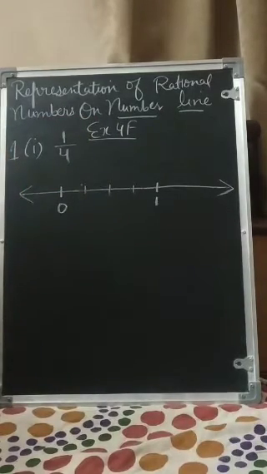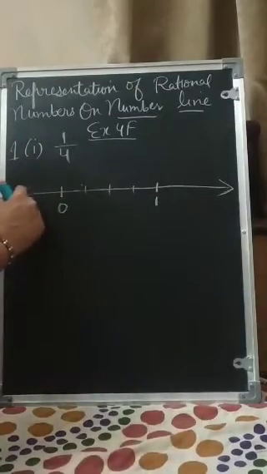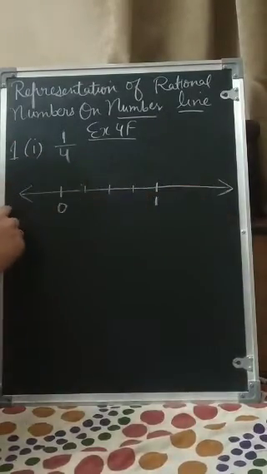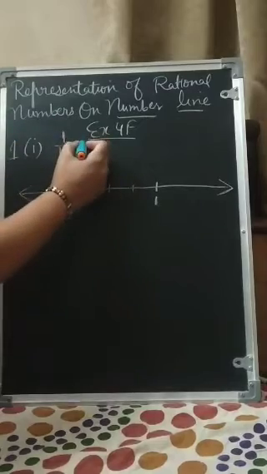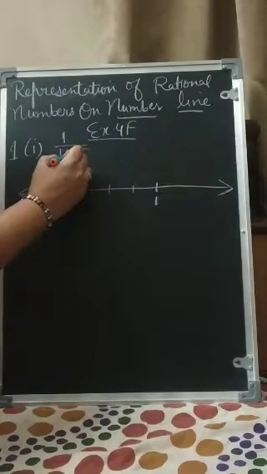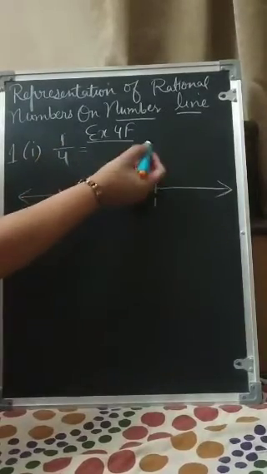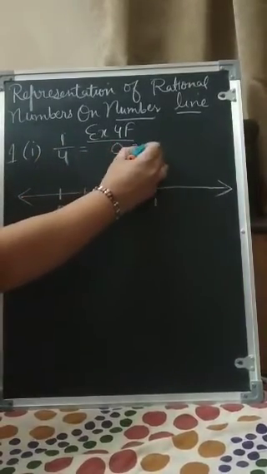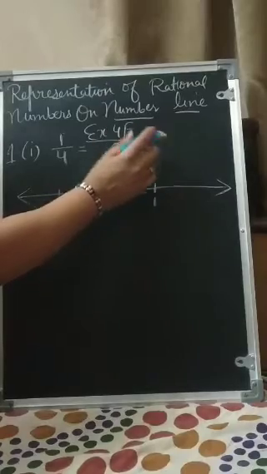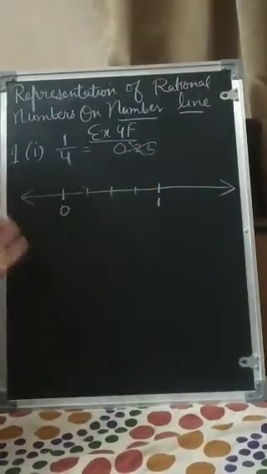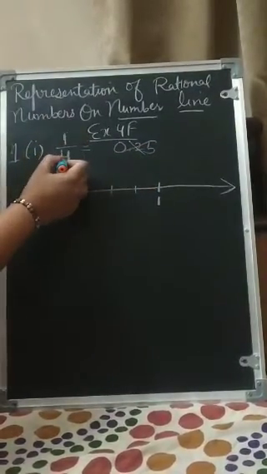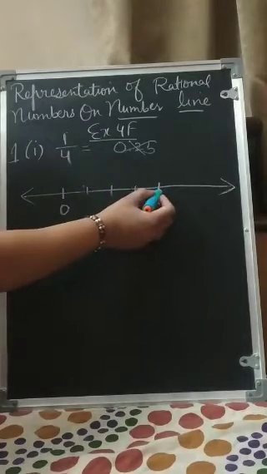First of all, like integers, we have to make the number line, and you know how to make it. Afterwards, first of all, you have to see the rational number. It is less than 1. When you divide, it will come 0.25. This you need not write. I am just telling you that it is less than 1. That means this value will vary from 0 to 1.